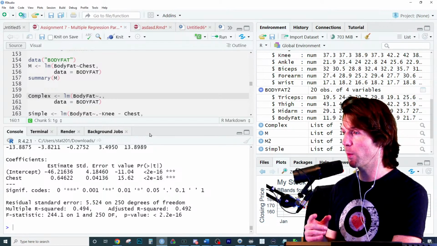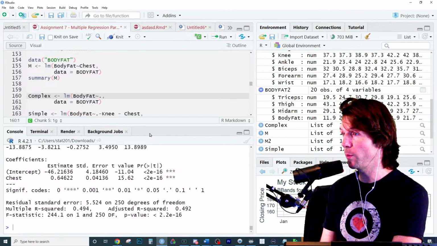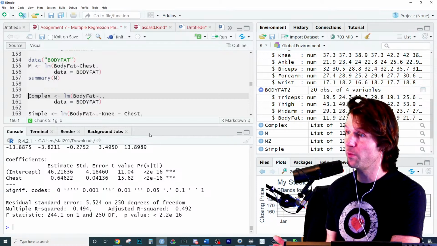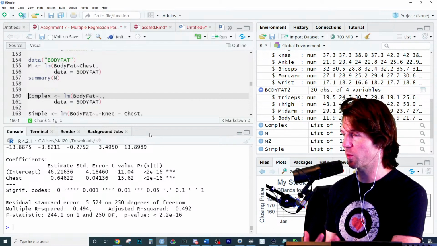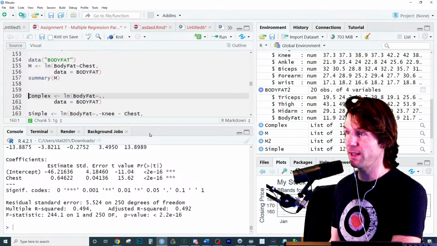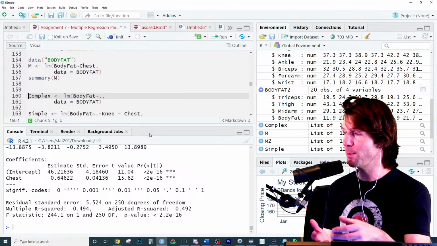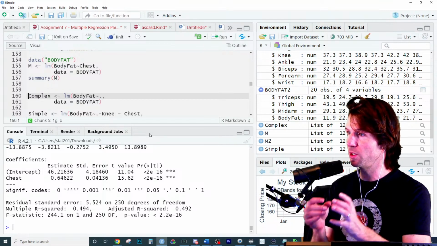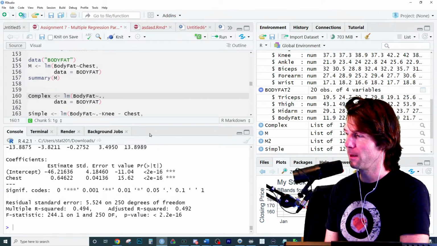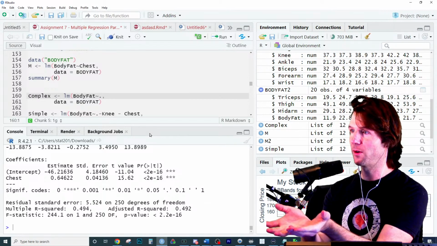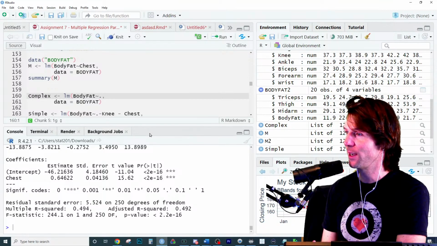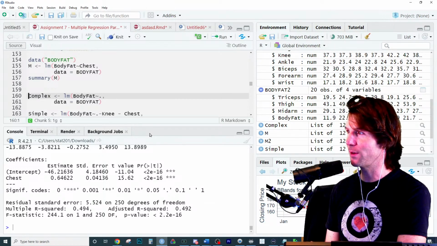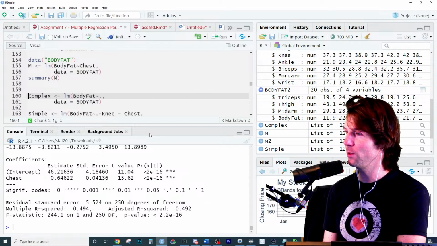It is possible in the multiple world for something that wasn't significant to be significant. So chest could have been significant if it did something the other variables weren't explaining. Like when we throw a party, it's significant for people to bring napkins if there's already pizza, chips, and dip. But is it significant to bring just napkins to a party? So if you bring just napkins and plates, and they're like, did you bring anything else? And you're like, nope. And they're like, well, what are we going to use these with? They're not significant by themselves.